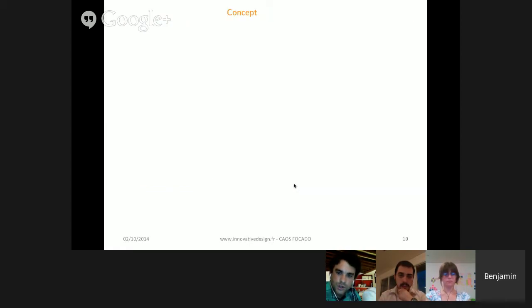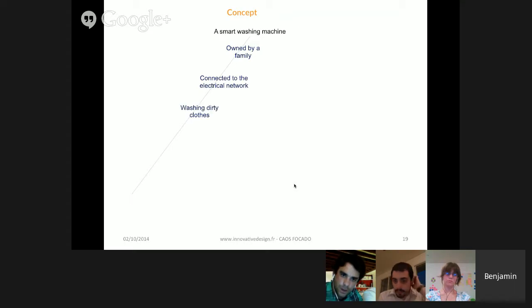So we could show you this with an example. We could show you a kind of sequencing of an object. Let's say that we would have to work on a smart washing machine. The first thing that we would have to do is to show all the classical attributes of